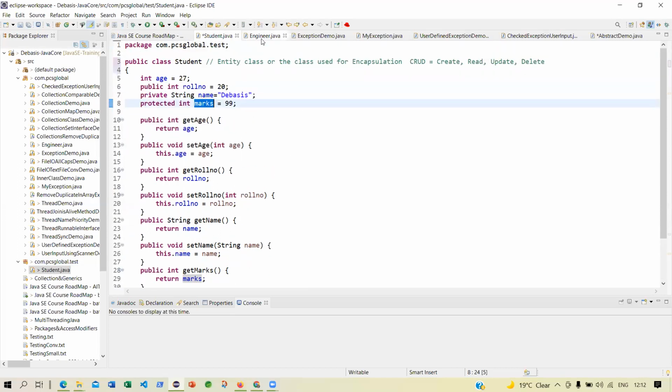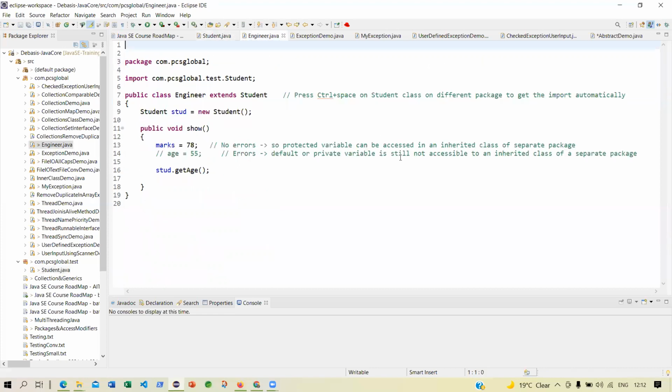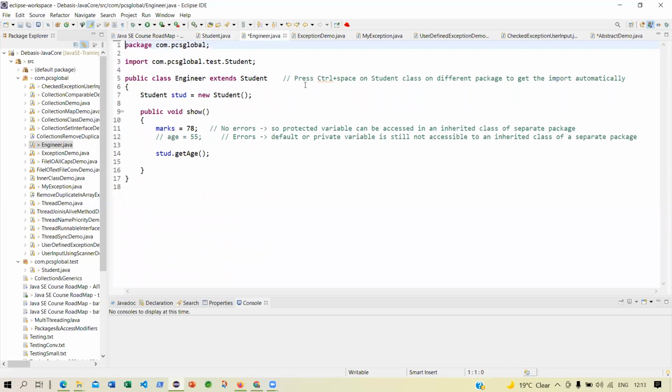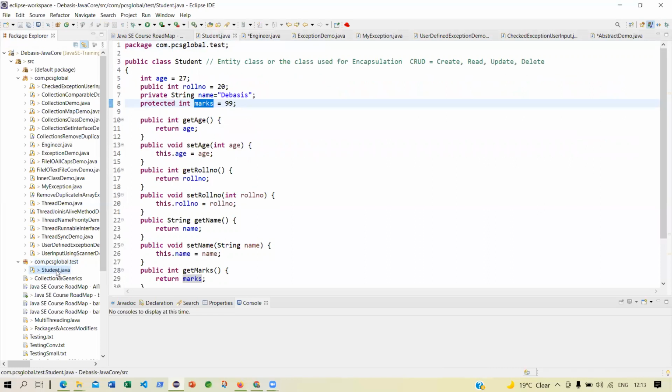Now I have another one. So let me save this. An engineer. What is that? And where will you find this engineer? Will you find this under com.pcsglobal.test? No. I have only one file, Student.java.